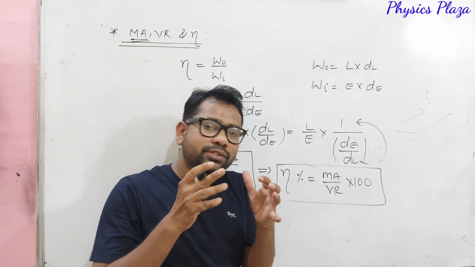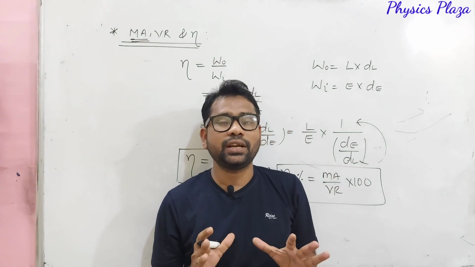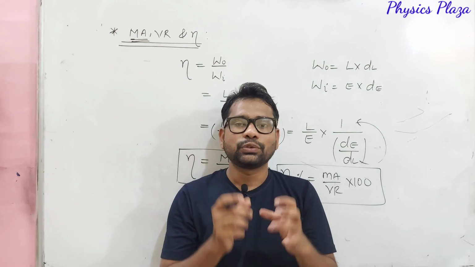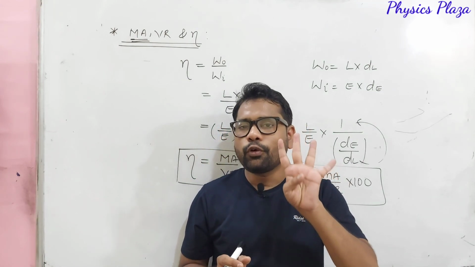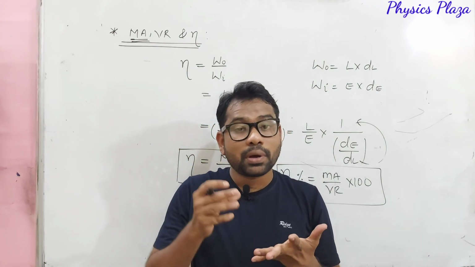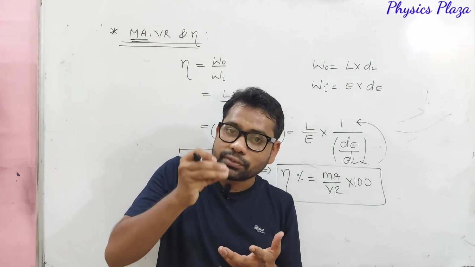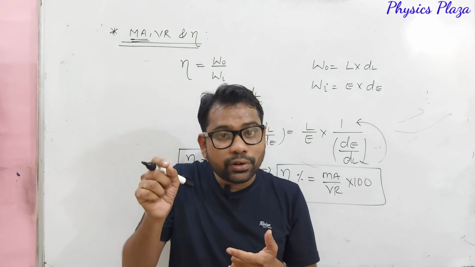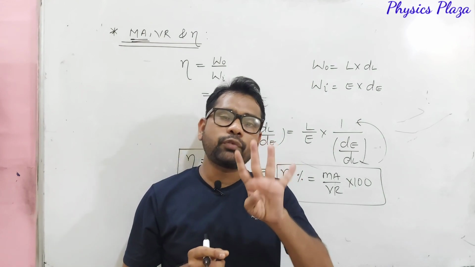So dear children, this is actually today's session. Let us recall once again what we have discussed. Children, today whatever we discussed was just basic terms only. First we discussed the functions of a machine. Children, there are 4 functions of a machine. A machine acts like a force multiplier. A machine acts like a speed multiplier. A machine is used to change the direction of the effort applied, and it is used to change the point of application of effort to a convenient point. So these are the 4 functions.